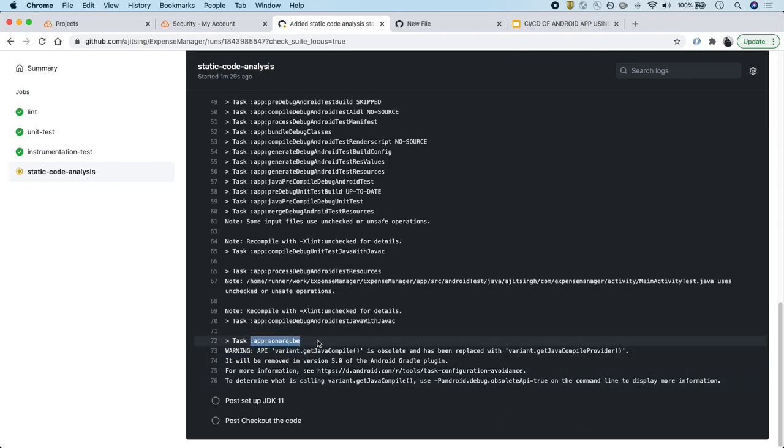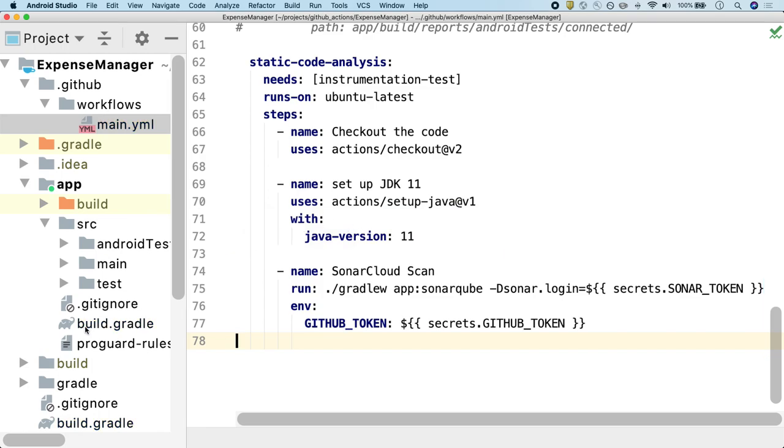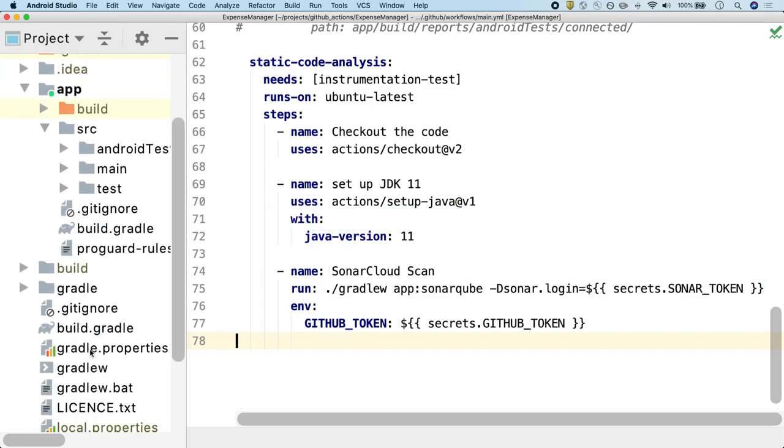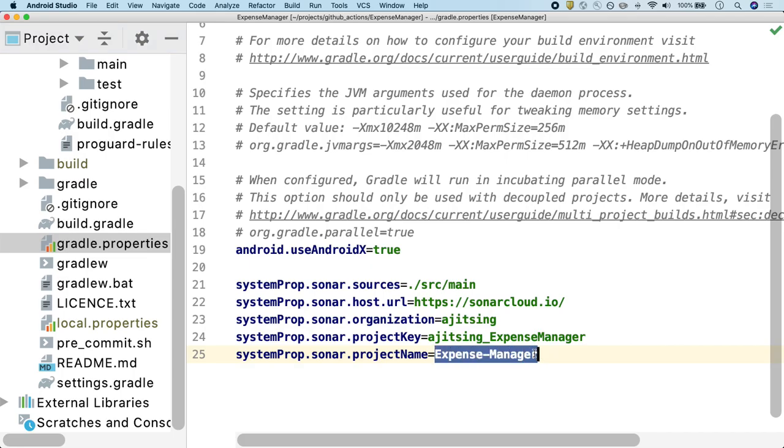Okay, our main task is running now. App Sonar Cube. It will now do the analysis and push the code base to Sonar Cloud. Okay, and the moment this is done, we will see the project in the project section, and the name of the project will be the name that we have set up in the gradle.properties file, which is expense manager.